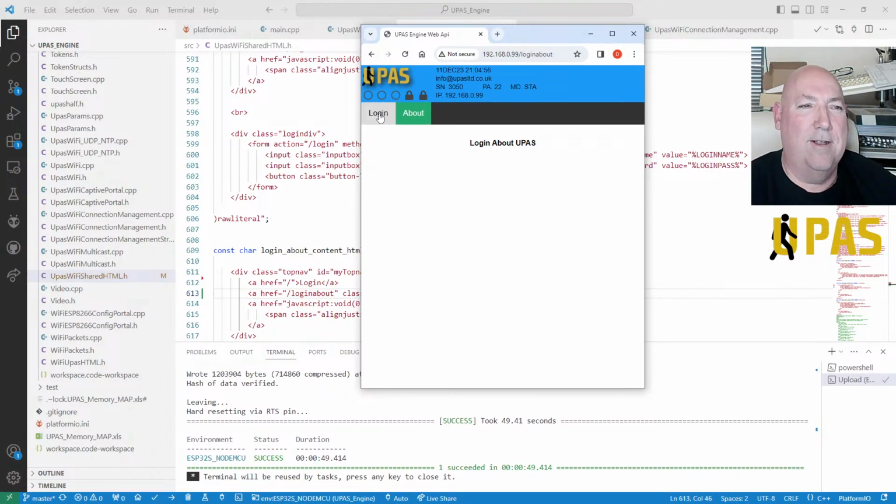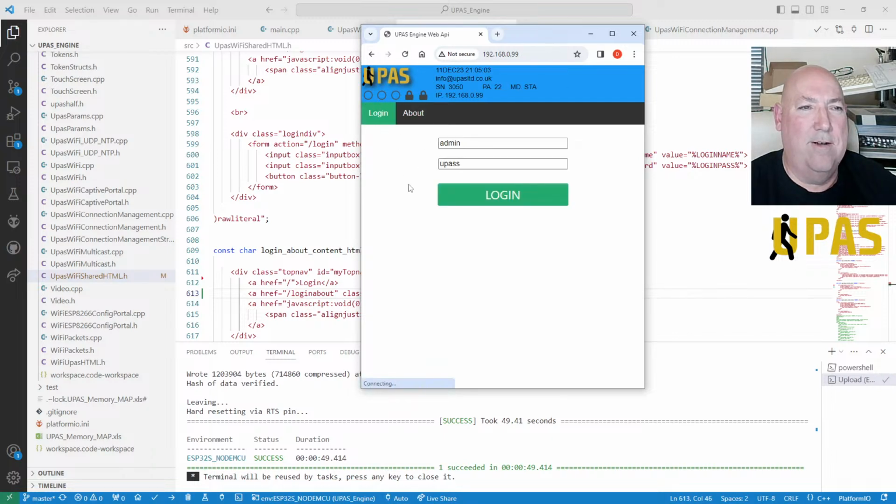So that's the idea. That'll do for that. Okay, so there's not much to the login. What happens is you connect to its IP address, and as soon as you do that, it takes you straight to the login form. And obviously we don't want to be displaying this. That's a placeholder for now.